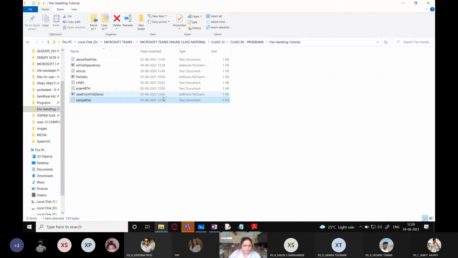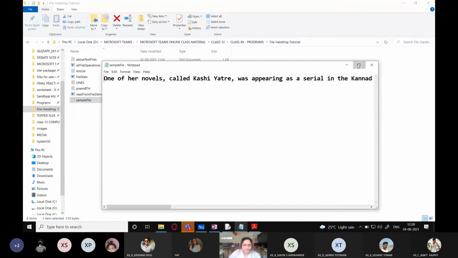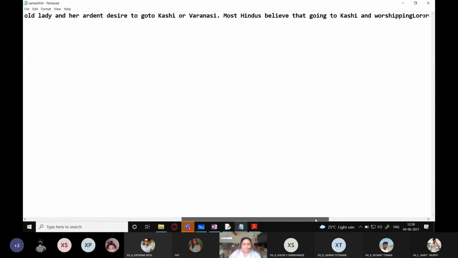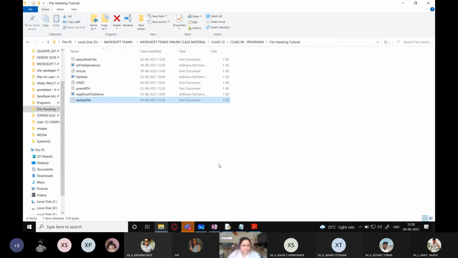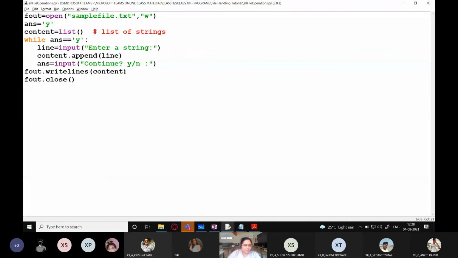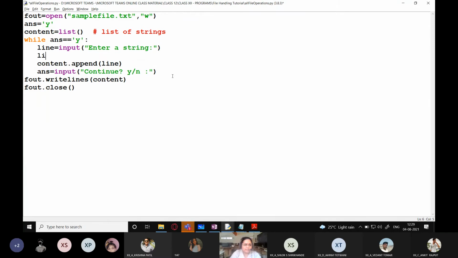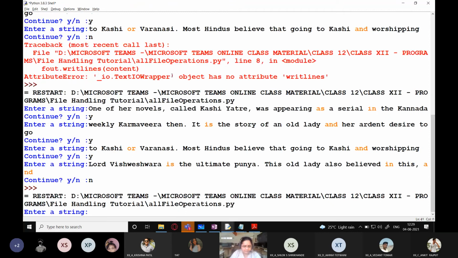Let's go back to our file. And you can see that everything is written over here, but there is no new line character. So how do we insert a new line character? I guess we need to append the new line character at the end of every line. So like this line is there. What you can do is simply write line equals line plus the end of line character, \n. Let's run the program and let's enter some random names. Or maybe I'll copy these again.